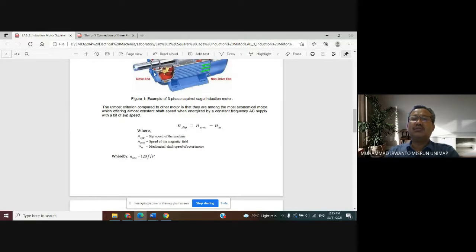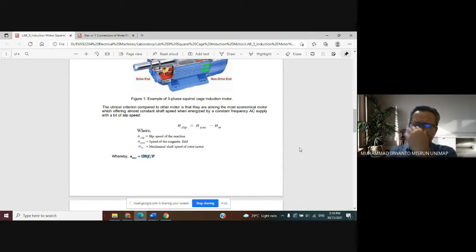Okay. Now when the motor moves, there is slip and speed. The slip speed of the machine can be calculated by using this formula: slip is equal to n synchronous minus mechanical speed. And this synchronous speed is given by 120 F over P. What is the meaning of this formula? It means